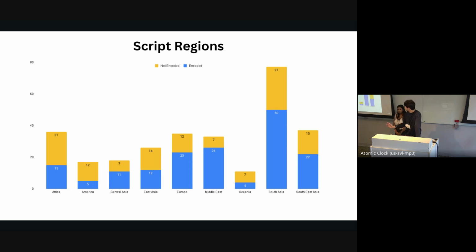So if you look at this graph, there's pretty clearly a really strong focus on South Asia, for example, which might be warranted as that region also has, as we can see, the most scripts that we know of basically of anywhere. But it's also very clear that other regions seem to be particularly underserved, especially Africa, as you can see, or the Americas. A lot of those scripts are still unencoded to this point. So that's something to consider going forward.